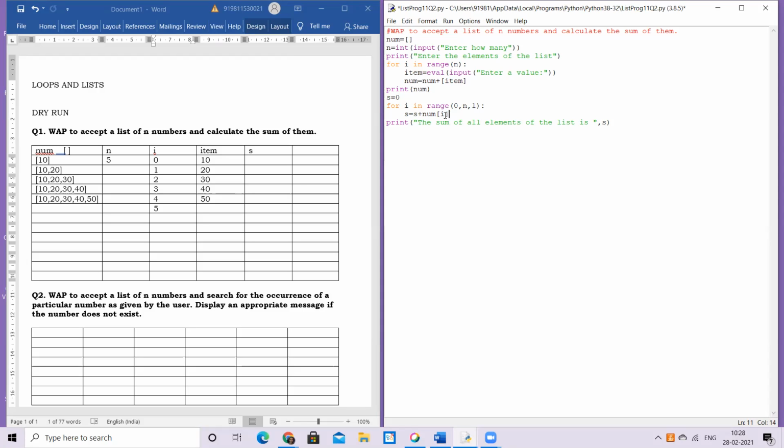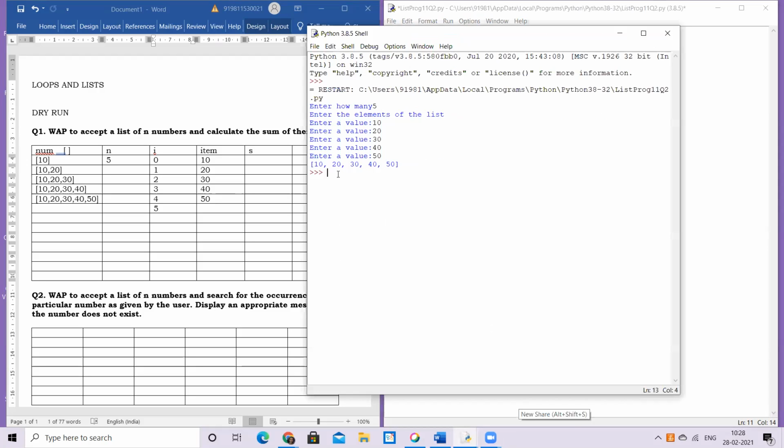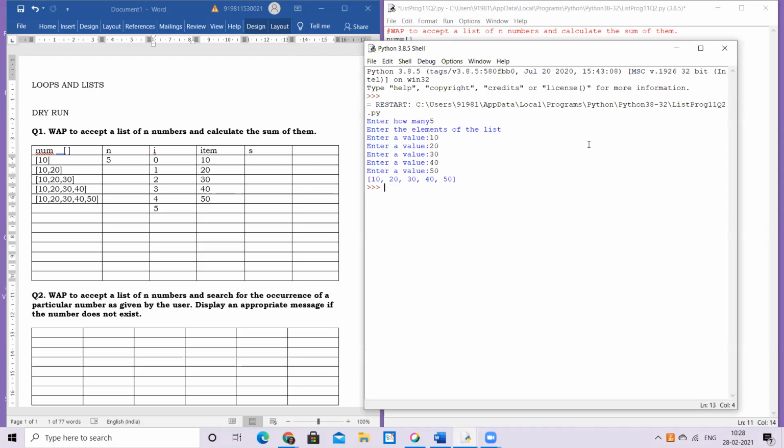Okay. Now, in order to access elements of the list, the basic syntax or format is the name of the list along with the index of an individual element in the square bracket. So let me just take you back to your shell. And here my list is ready. So the name it has picked up is actually num. So if I pick out num and I say, okay, this is my list. Now I want to access the elements of the list.